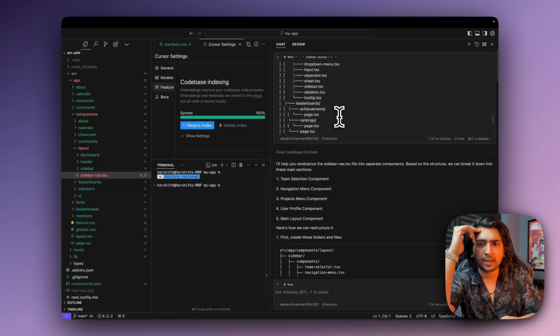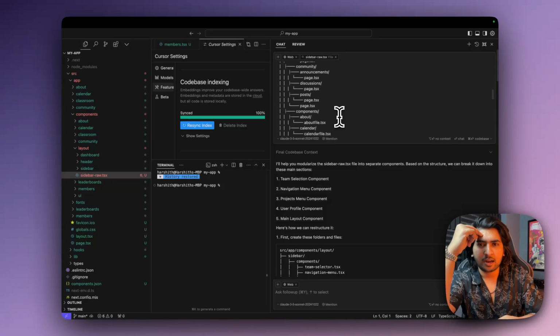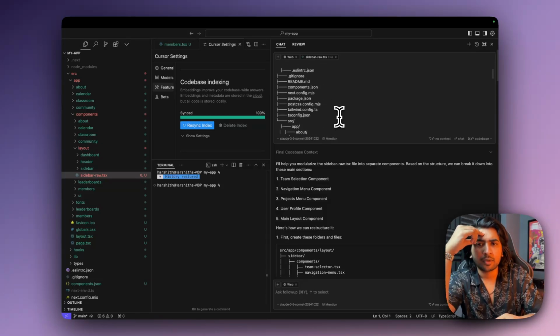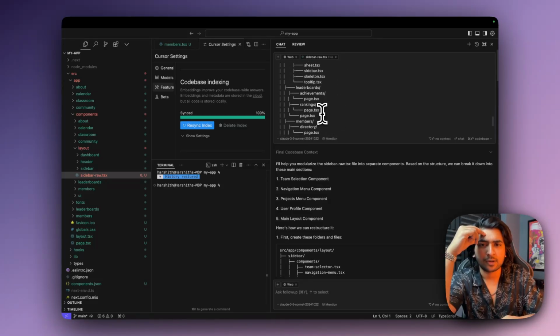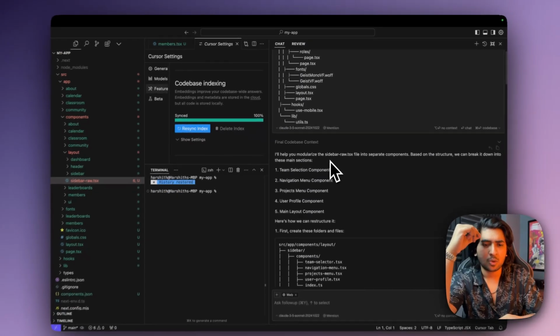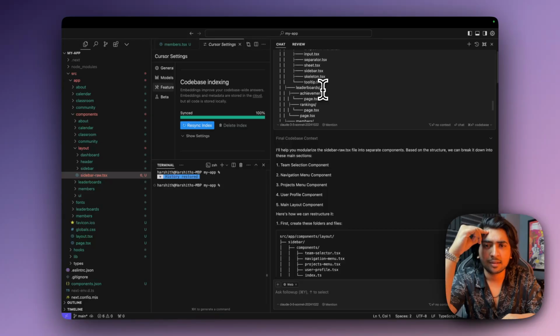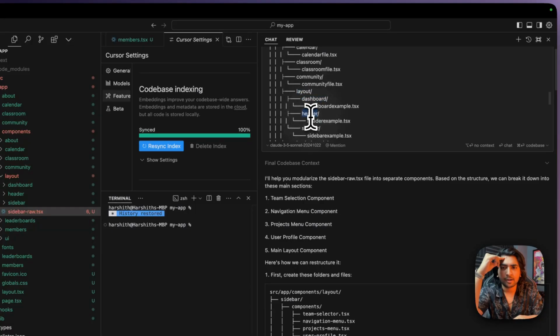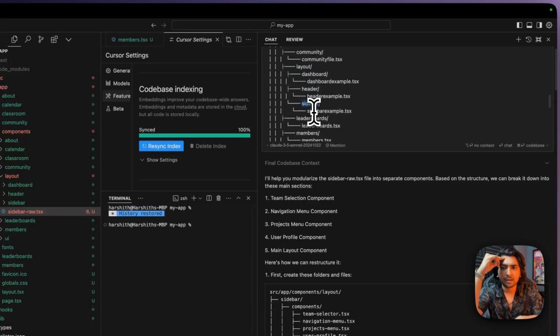Okay, so it was supposed to be in layout. Let's just find layout, because remember we changed the name of our file. So we have to change it here as well, because if we don't change it, it wouldn't understand what we're trying to build. I don't find layout here. Where is layout? It's just so tiny, it's so hard to read. Leaderboard, okay, layout, dashboard, header, sidebar,